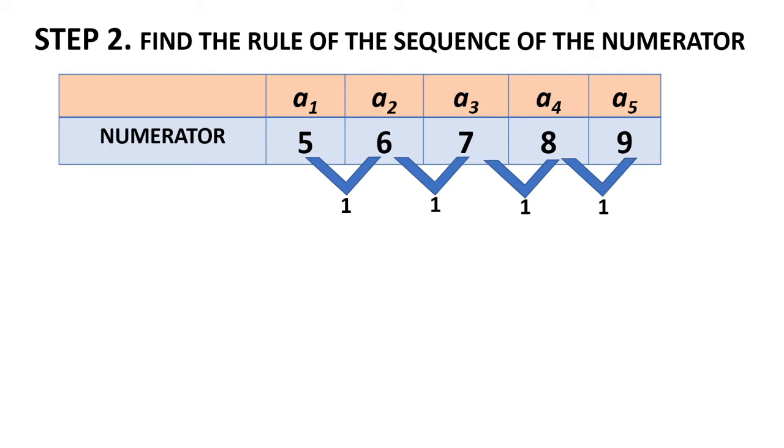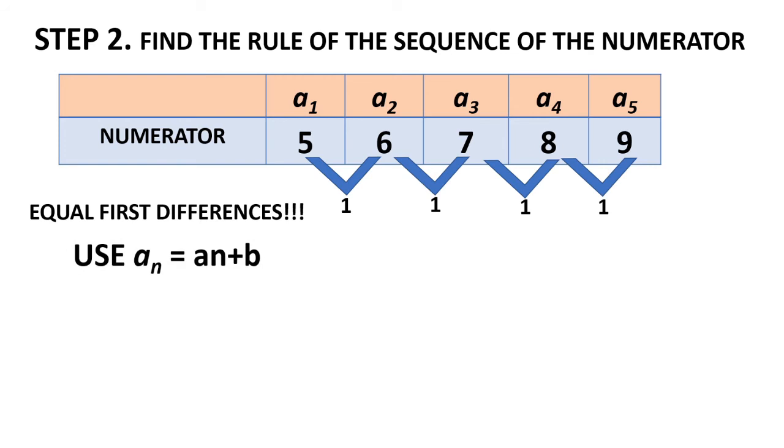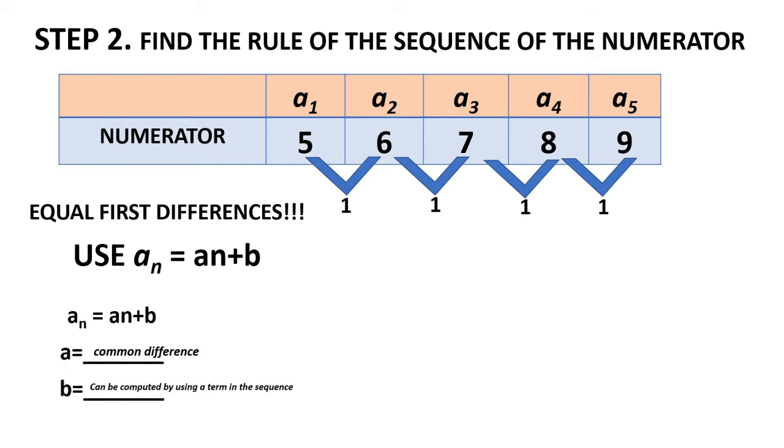So kung mapapansin ninyo, pare-parehas sa mga differences. That's why we will use the general rule a sub n is equal to an plus b. So we all know that the value of a is the common difference. So given na ang common difference natin which is 1,